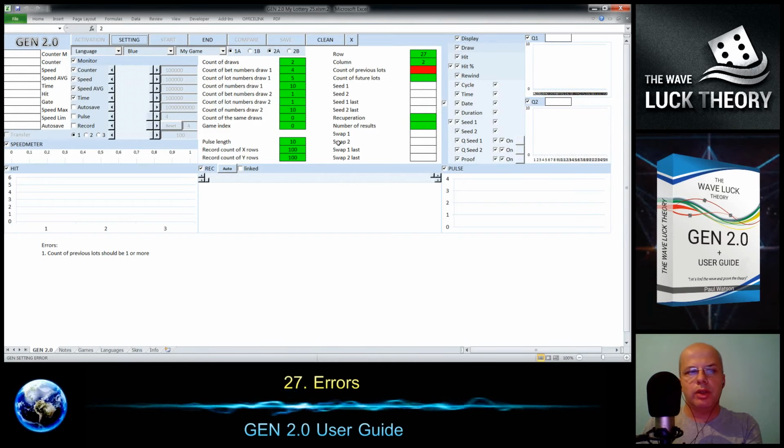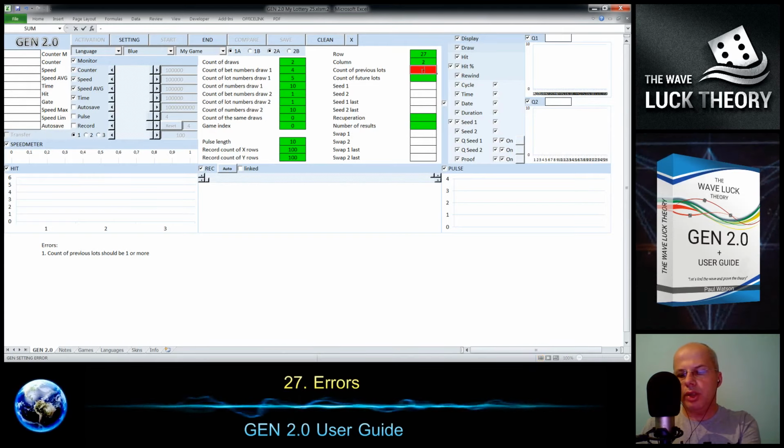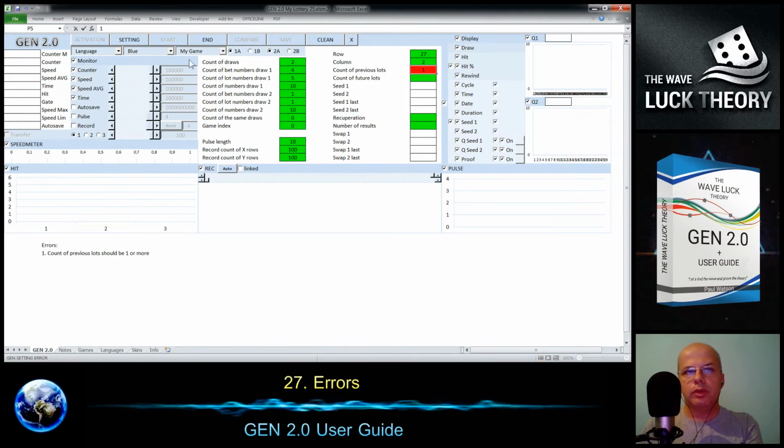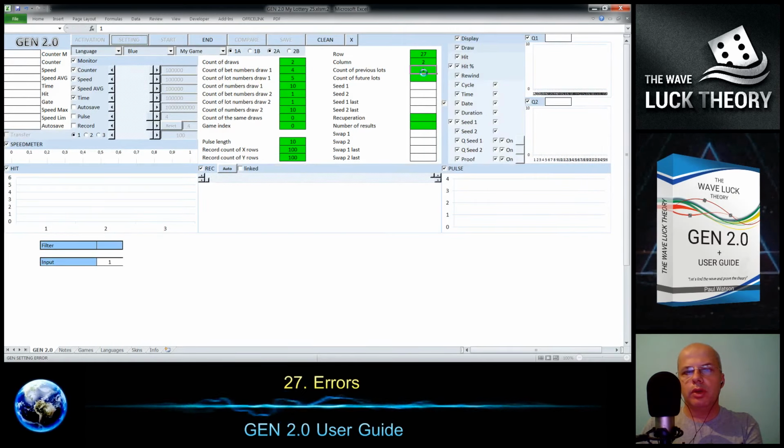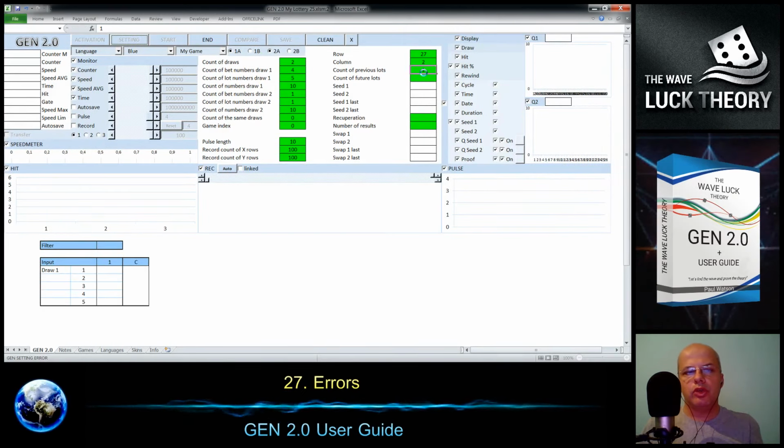And the last thing I should do is the count of the previous slots. This is the history, and it should be, according to the theory, at least 1, and we are using, for example, 3. If I put a negative number, it will also be a problem. So I should put 1, and now the interface is printed.